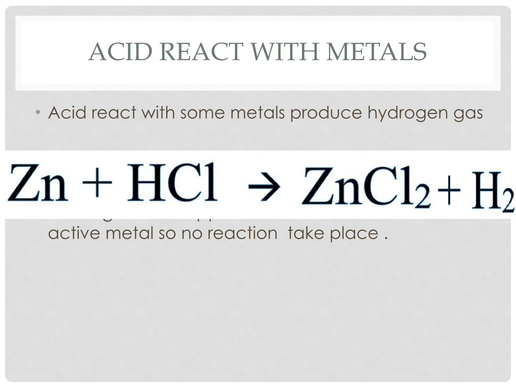For example, hydrochloric acid reacts with zinc. The reaction between hydrochloric acid and zinc. As you can see, the end product is H2. H2 obviously is hydrogen gas. So